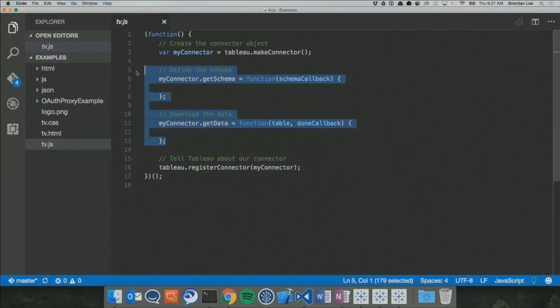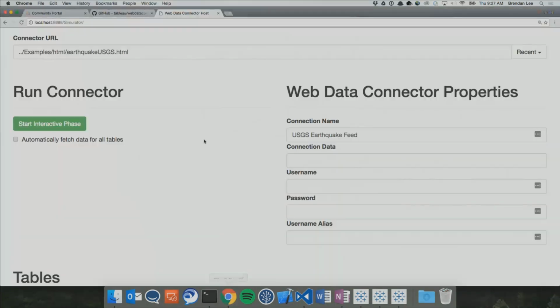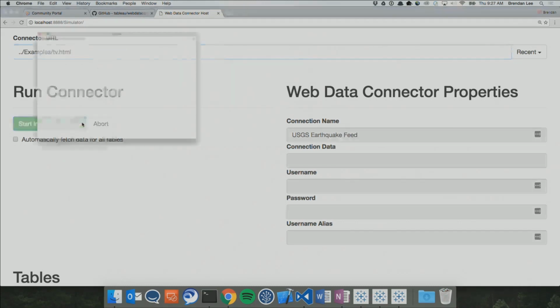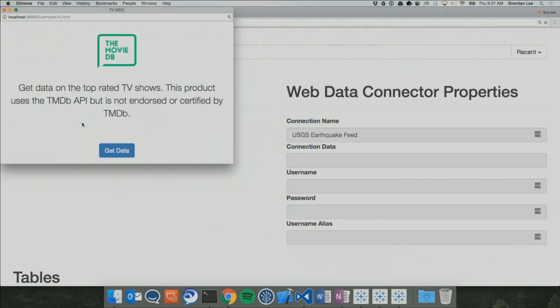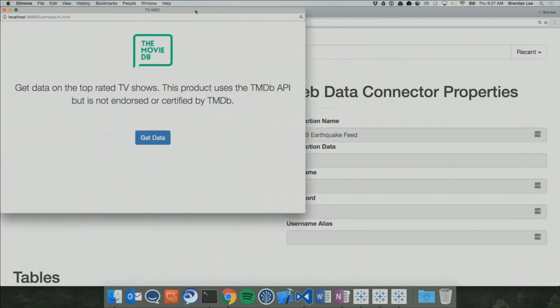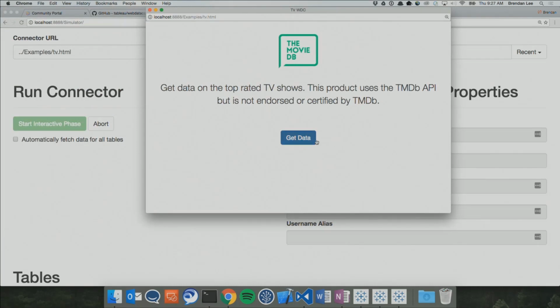Both of these functions are going to run in that gather data phase, and this is where we'll spend most of our time. All right, so now that you've seen the starter code, I'm going to come in here and show it running in the simulator. Right now, it's not going to do too much because we've just filled out this HTML page. We haven't added any important JavaScript yet. But there's our connector so far. Super pretty, I know. Designed it myself. Nothing's going to happen when I click this button because we haven't filled out any of that JavaScript yet. But we're now set up to do so.